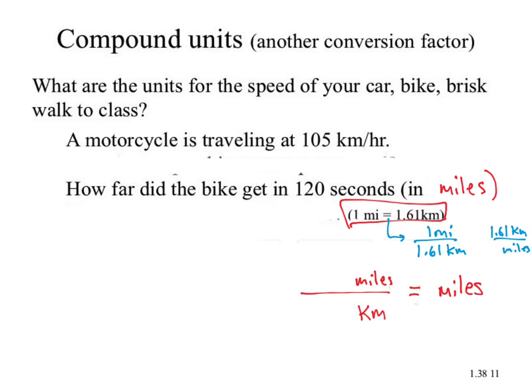Because we're trying to solve for miles. Where do I want miles to be in my answer? In the numerator. Does this second conversion place miles in the numerator? No, so that's a pretty crappy conversion to use. So what I'm doing is placing the conversion units that I've got, miles, kilometers. What number needs to go with miles? 1. What number needs to go with kilometers? 1.61. This is phenomenal as a good place to start because I now have miles exactly where I want it to be. It also sucks because